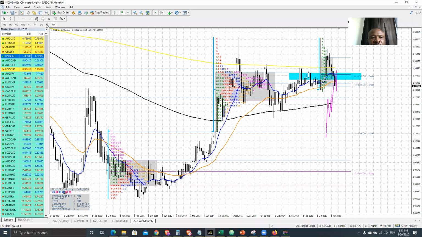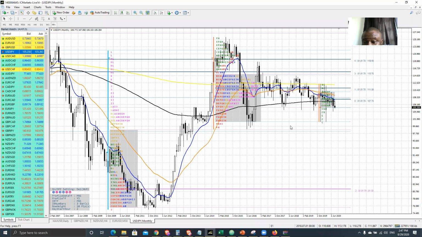So my take on the dollar yen is the 105.24 area. I have to see the kind of reaction in that area. These are other things that I use when I start to see weekly or monthly areas like this, right? So my initial bias is I want to be a seller.